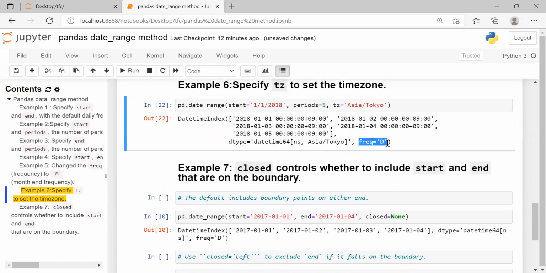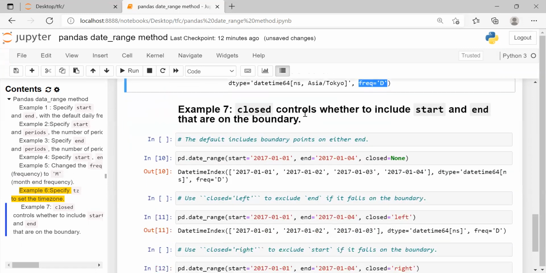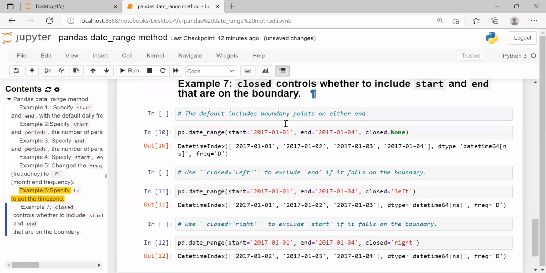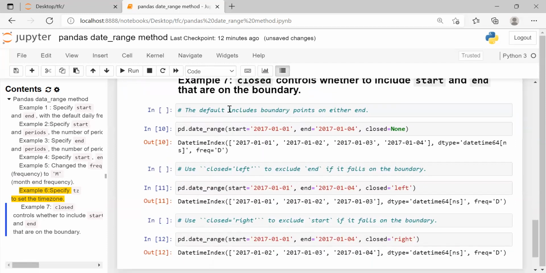Frequency is D, meaning days, where the consecutive dates have a gap of days. Now in the last example, we will see how to control the date boundaries using the closed keyword argument. So closed controls whether to include the start or end date that are on the boundary. If closed is not specified, we include the start date and the end date.